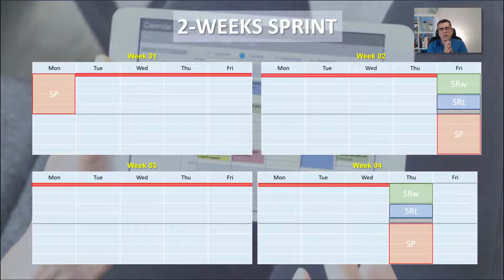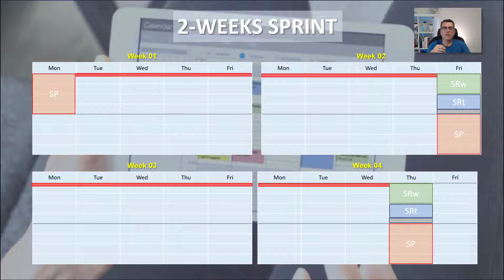As you can see, in a 2 weeks sprint, for every sprint, you're going to go back 1 day in a week. This is not a big problem because you can organize this, but it's important that you schedule your meetings to keep the sprint duration fixed during your project.